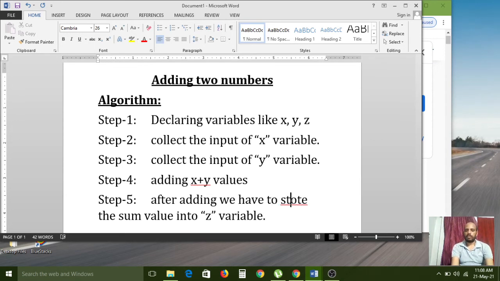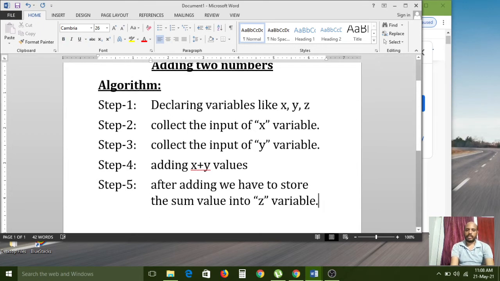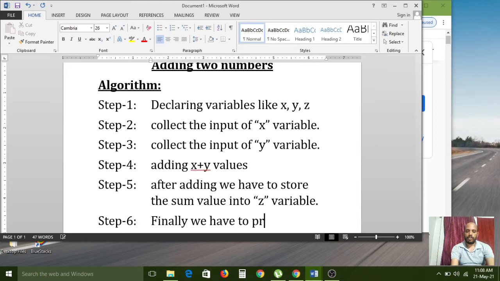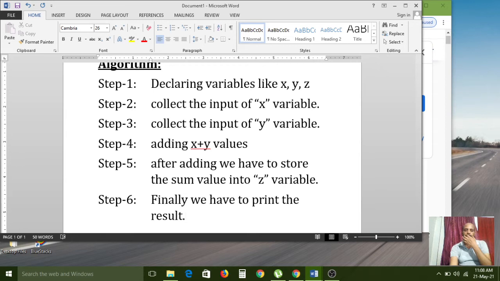Store into z variable. Okay, next, step 6, finally we have to print the result. So this is the algorithm of the adding two numbers program.